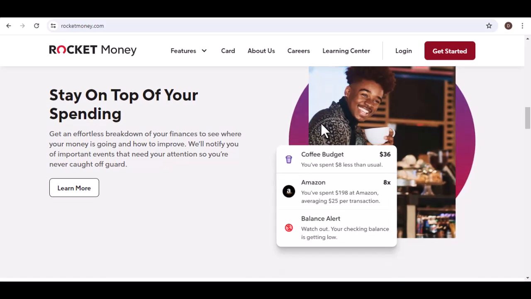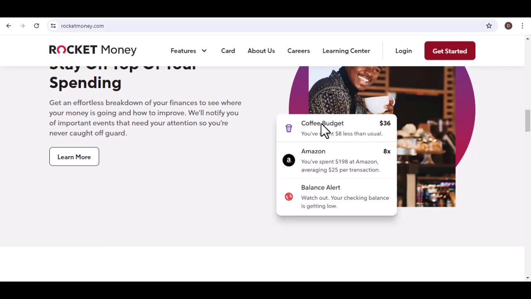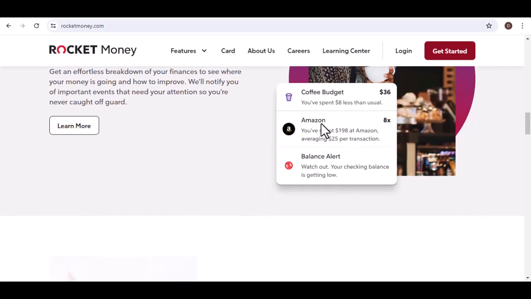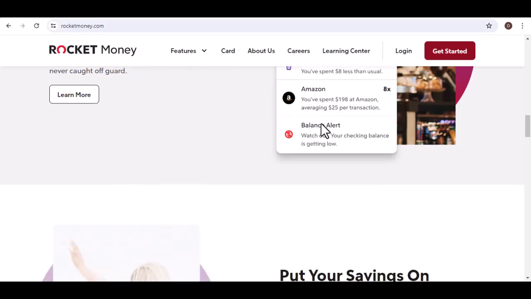Conclusion: take charge of your finances today. By setting up Rocket Money and taking advantage of its features, you can gain control of your finances and stop